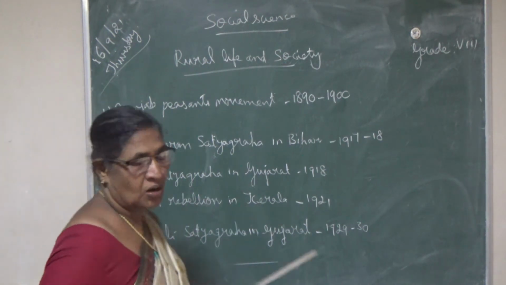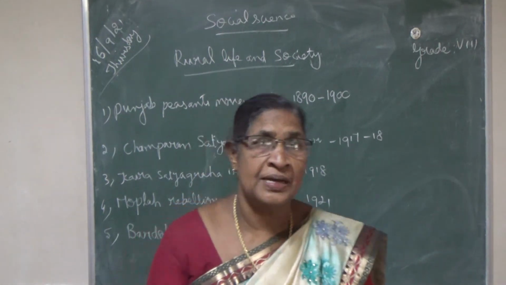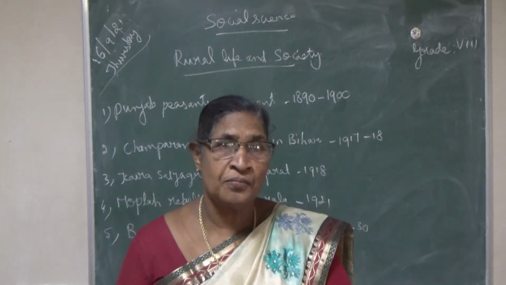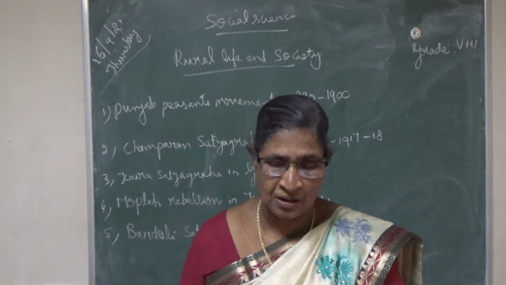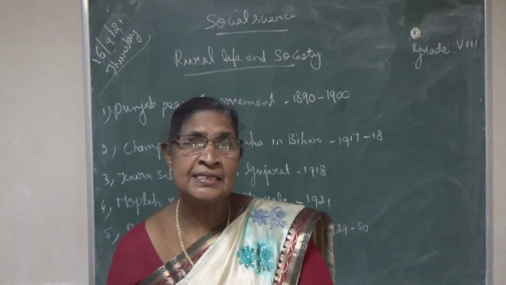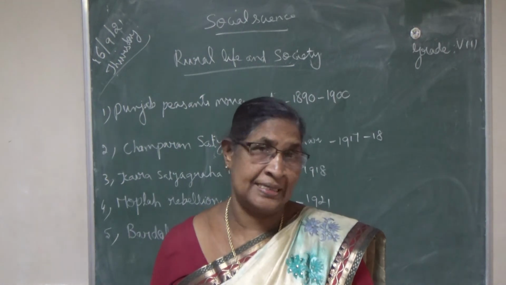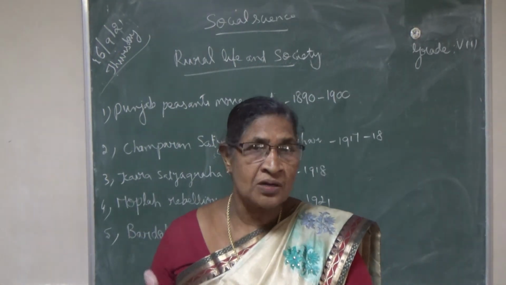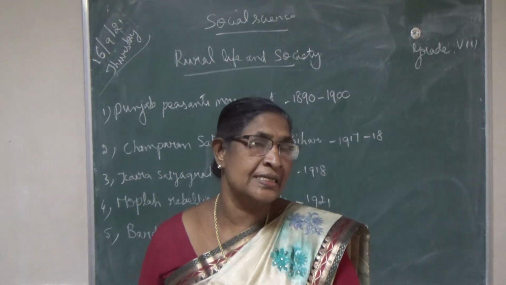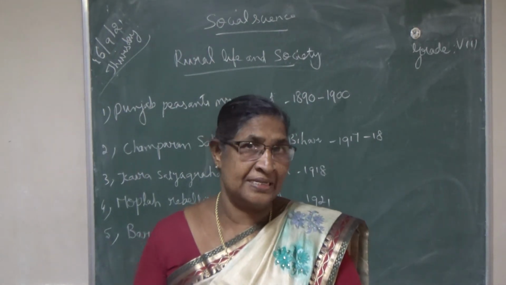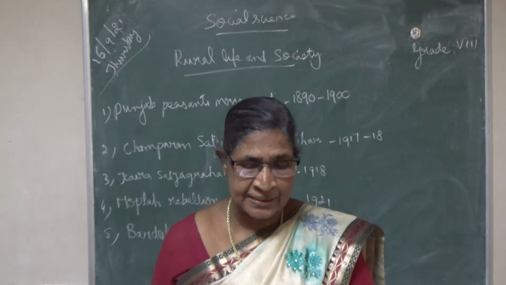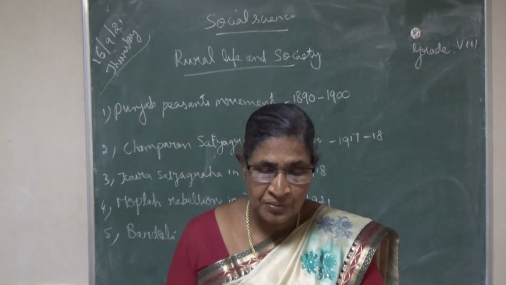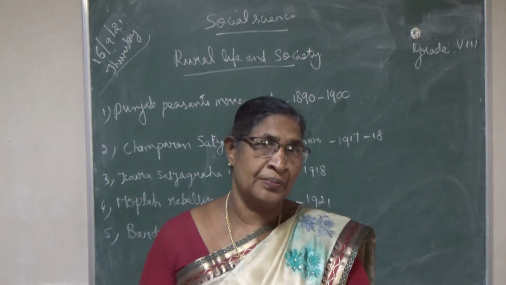I am telling about these 5 rebellions very shortly. First, the Punjab: the peasants of the Punjab revolted against the zamindars and moneylenders. This time the government of Punjab did not want any revolt to take place in that state. So in order to protect the peasants of the Punjab, the Punjab government